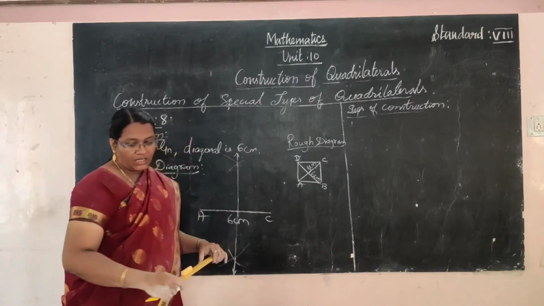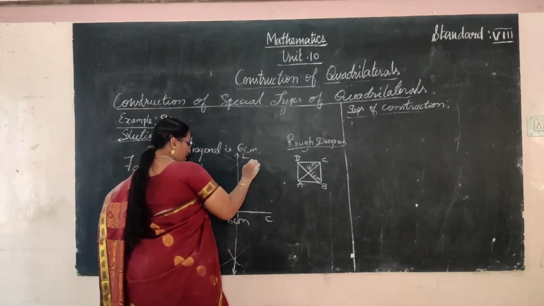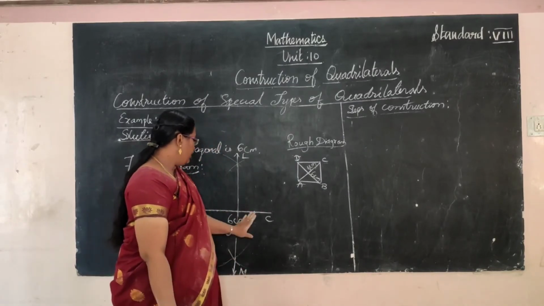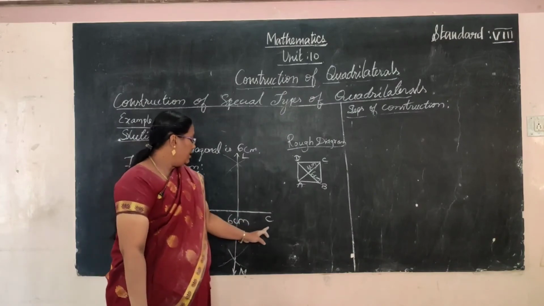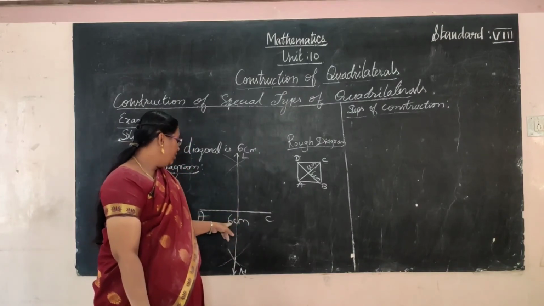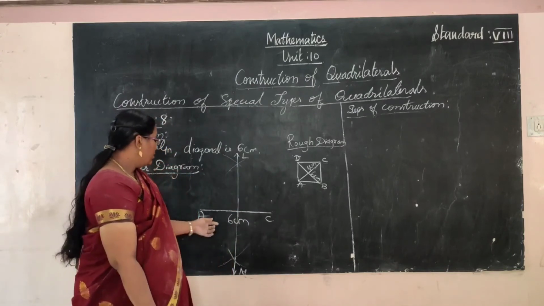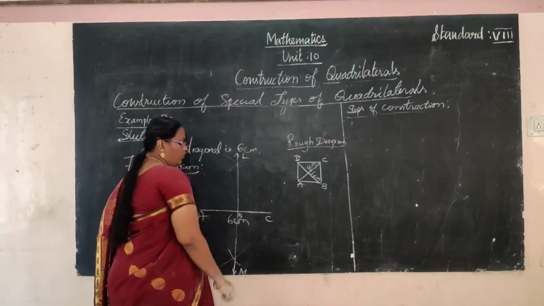Okay, right, and next we have denoted the line LM. Now we have to draw the perpendicular bisector of the line segment AC. Now the diagonals are equal in length. So with the center at the intersecting point O.